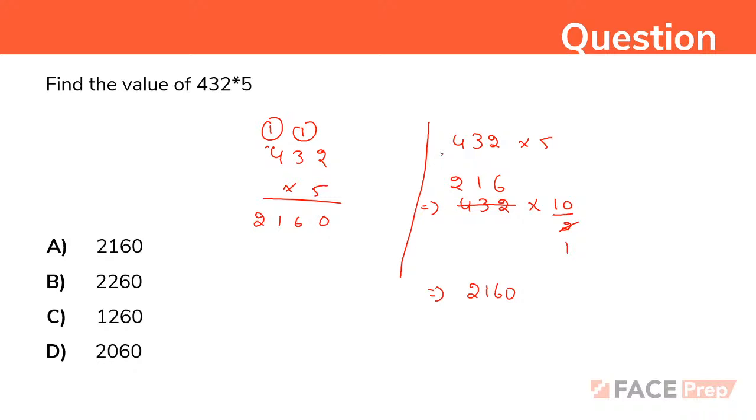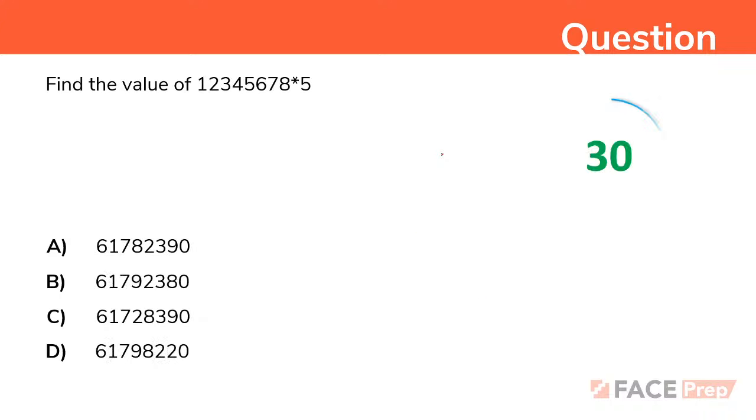So for the next question, you'll have 30 seconds again. That is again multiplication with 5 only. Let's see how many of them will get the correct answer. Last 15 seconds. Okay, time up. Yeah, so 1, 2, 3, 4, 5, 6, 7, 8